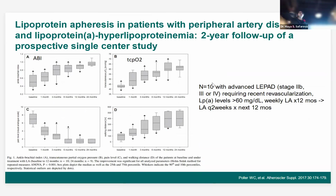Specifically focusing on those with lower extremity peripheral arterial disease with stage 2B and above, those who underwent recent revascularization and had Lp(a) levels above 60 milligrams per deciliter. In this study, their protocol was to do weekly lipoprotein apheresis for 12 months, and then for the next year to do lipoprotein apheresis every 2 weeks. Remember, I told you that the best results you get when you do weekly lipoprotein apheresis for Lp(a). So they did this protocol of 2 years, and they looked at outcomes of ankle brachial index. They looked at partial oxygen pressure. They looked at pain level, and they also looked at the walking distance. It was quite an impressive change in